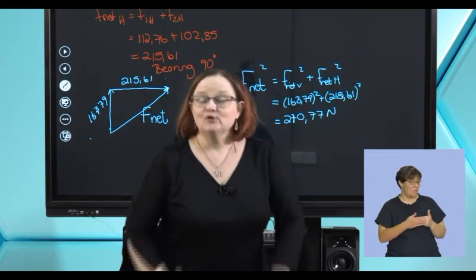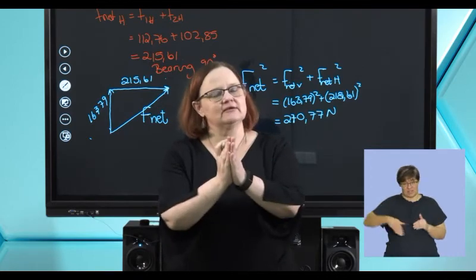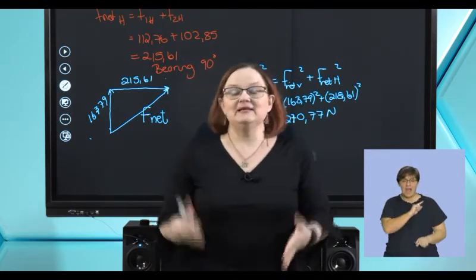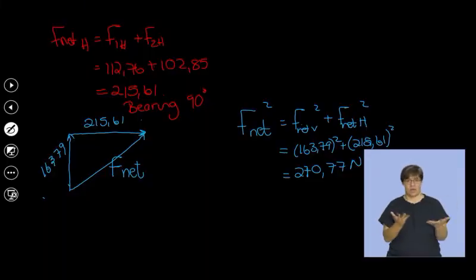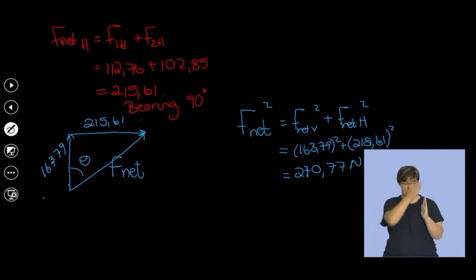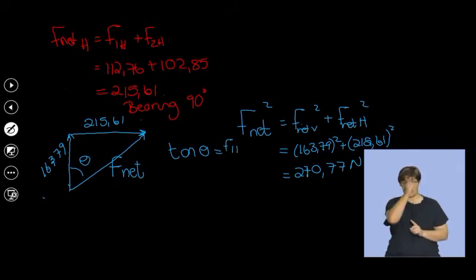One last thing, because we're not done yet, but I promise this is the last thing. We're working with vectors. Vectors mean that we need an angle, we need a direction. So we need to know theta. Right angle triangle, we're going to use the opposite and the adjacent, so we're going to use tan. So tan theta, my opposite, which is my horizontal, over my adjacent, which is the vertical. So tan theta is going to be